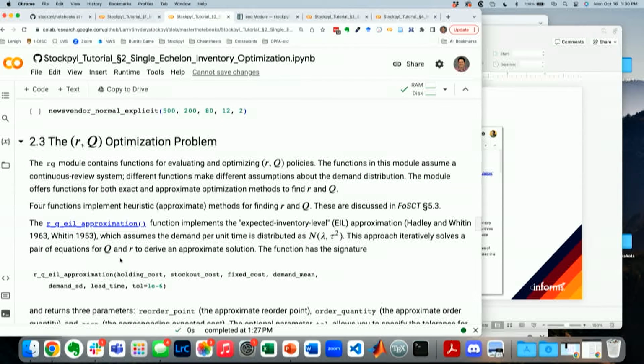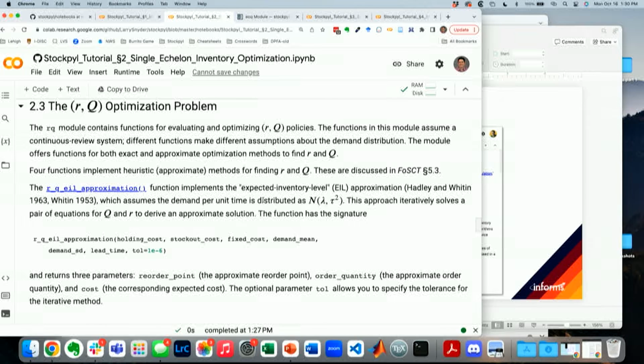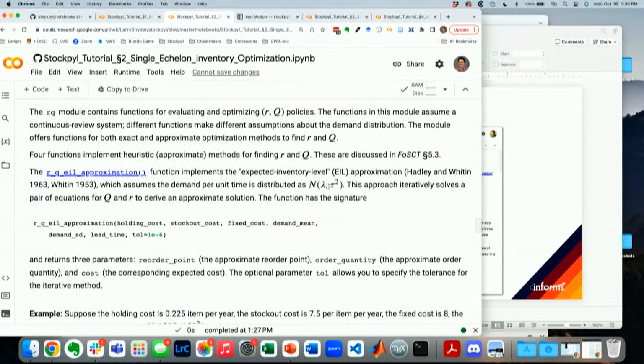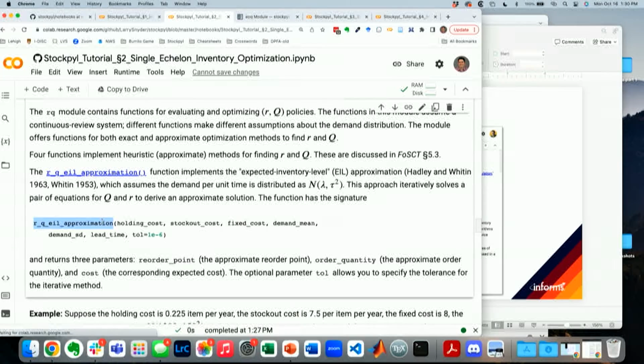Probably the most famous one is the one that in the book we call the expected inventory level approximation. This is the one where you wind up with two equations and two unknowns, Q and R, and you solve them iteratively. If you've learned the QR model in any kind of undergraduate class especially, this is probably the version you used. So there's a function that implements that approximation,